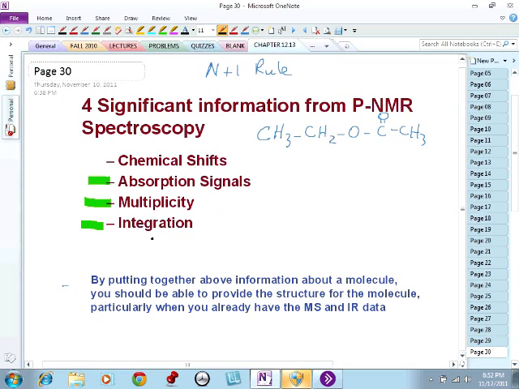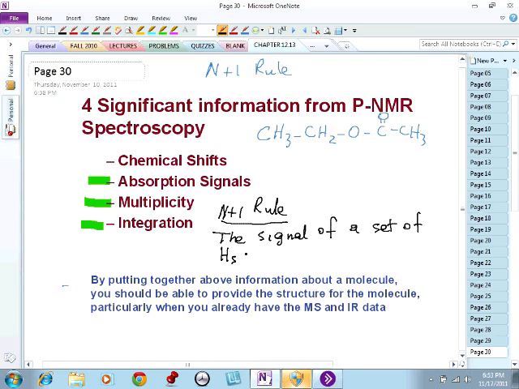The N+1 rule says the signal of a set of hydrogens. When I say set of hydrogens, for example, this would be a set of hydrogens. This would be a set of hydrogens. This would be a set of hydrogens. So the signal of a set of hydrogens will be split